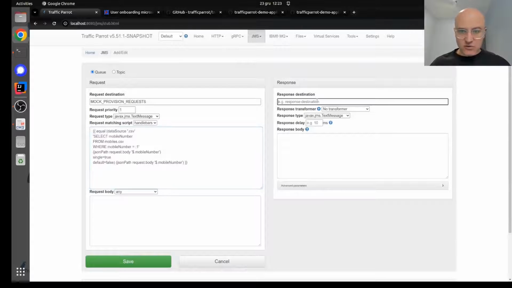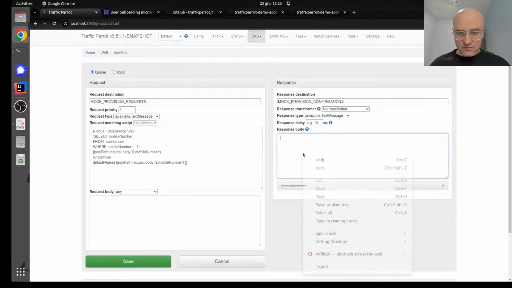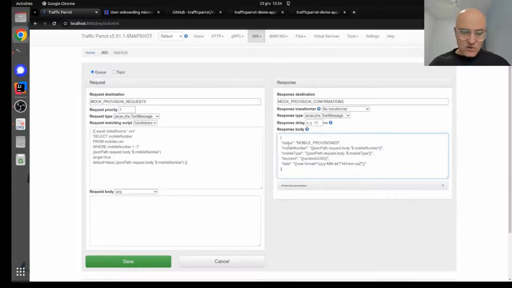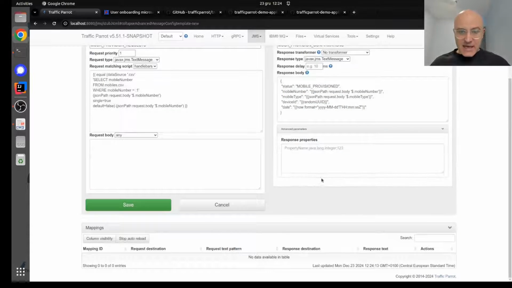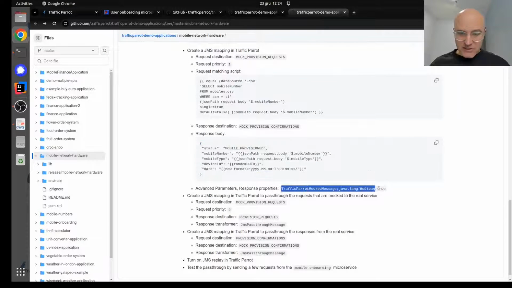So return a response to provision confirmations, generate a dynamic response. So this is the JSON response body basically, and we're saying the status will be mobile provision. The mobile number, we'll get it from the request, same with the type. We'll generate a random device ID and we'll put in a date dynamically. And we'll also add a JMS property